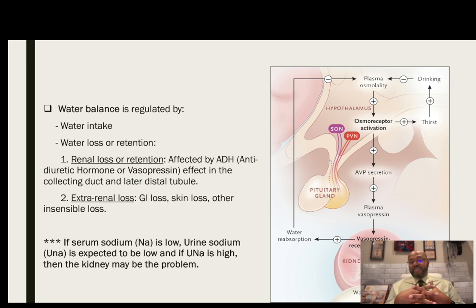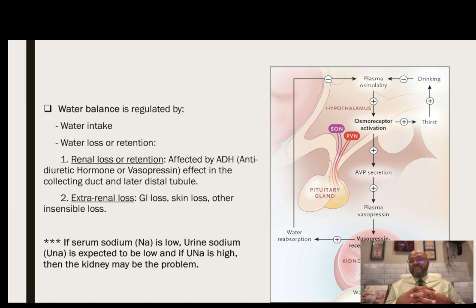And the renal loss or retention of water is affected by ADH or vasopressin, which has its effects on the collecting duct and later distal tubules in the kidney. And the extrarenal loss is the GI loss, the skin loss, or other insensible loss. And of course, this diagram again, as I said, the major regulators are the plasma osmolarity or the arterial blood